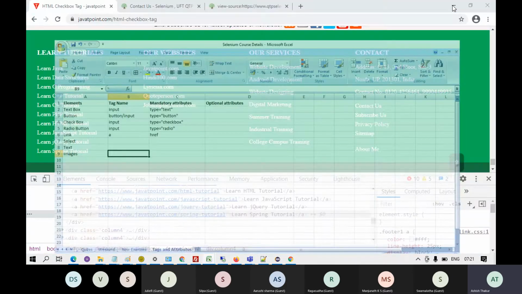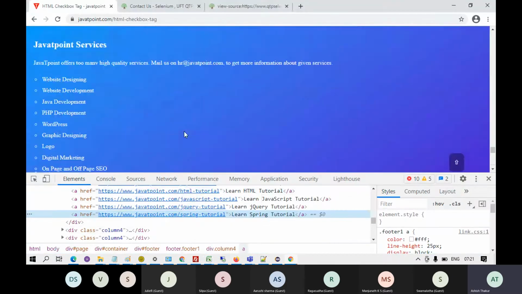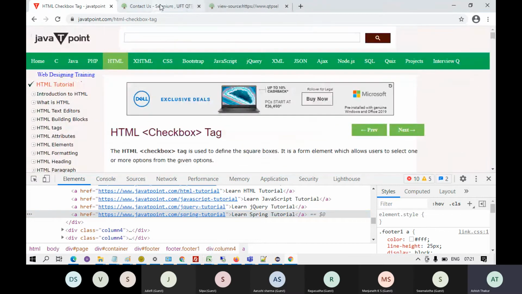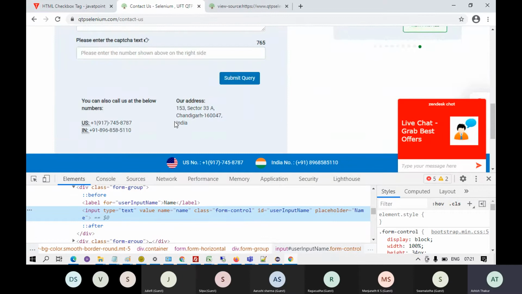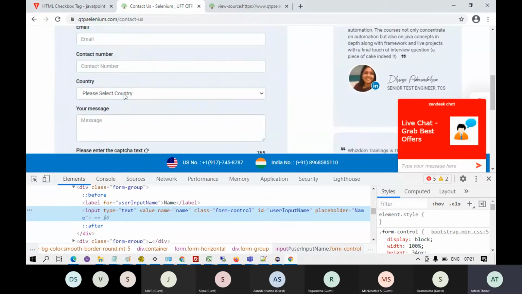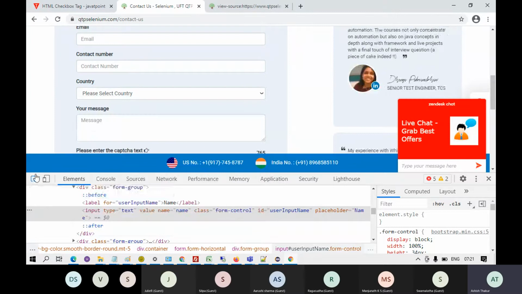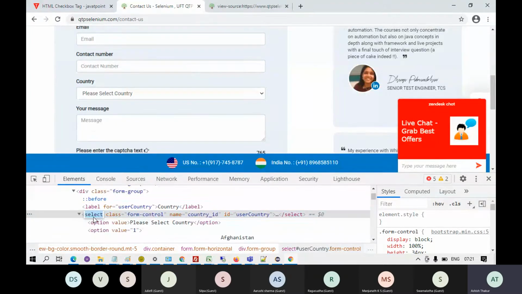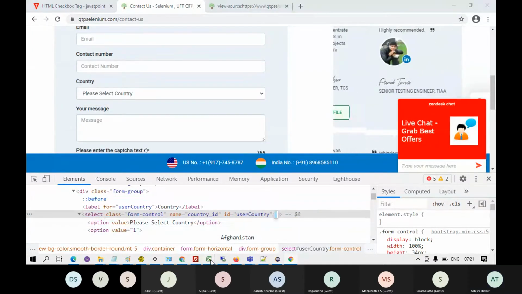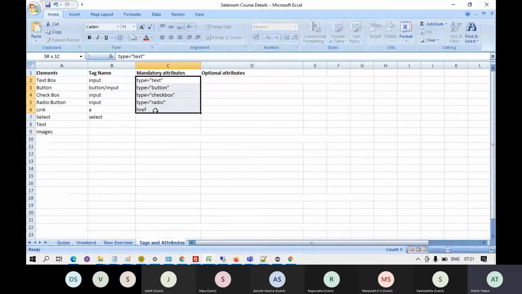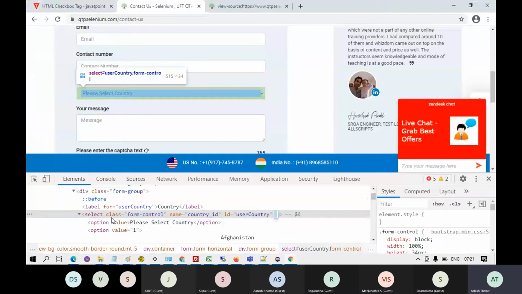In case of a select box, say this is the country select box, the tag name is select, and there is no mandatory attribute, only the tag name is select.